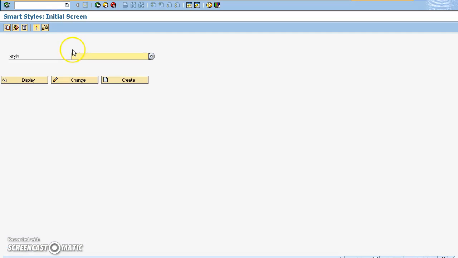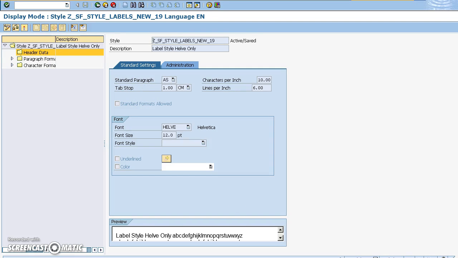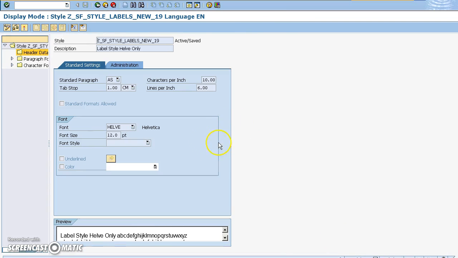Here I'm using /o, that means open a new window, and smart styles. You can paste it there and you can do a display. Same thing, either double click or click. Okay, in here,